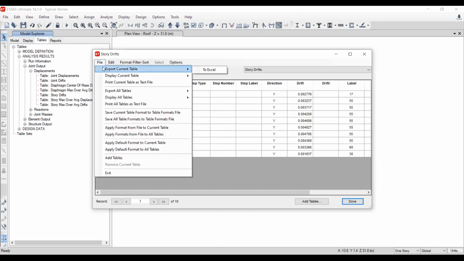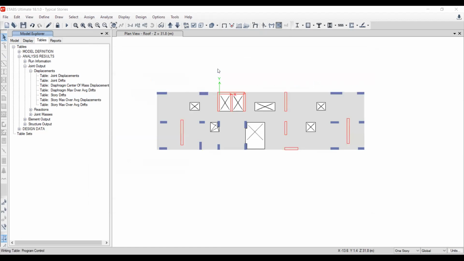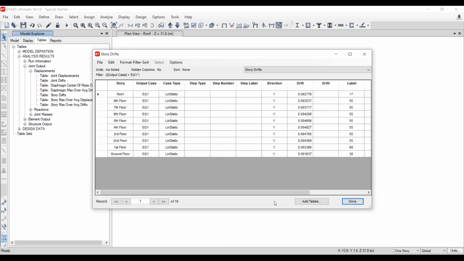Please export the current table to Excel, and you can open the Excel sheet here. Make sure to take the values that you need. This is for Y direction, and you can delete this one. Equal this value times 0.7 times 5, here, 0.18. So this one in Y direction is a more serious case, but also this should be passed if this value